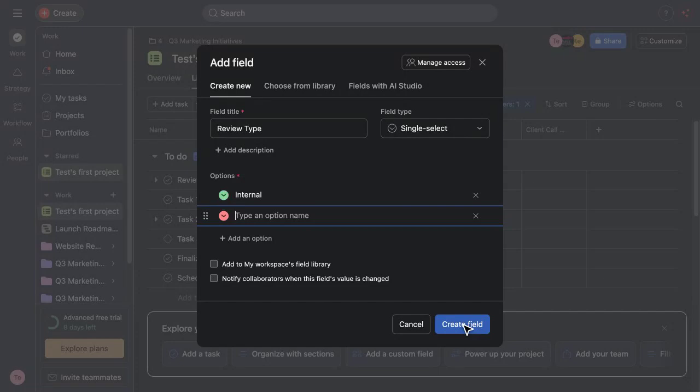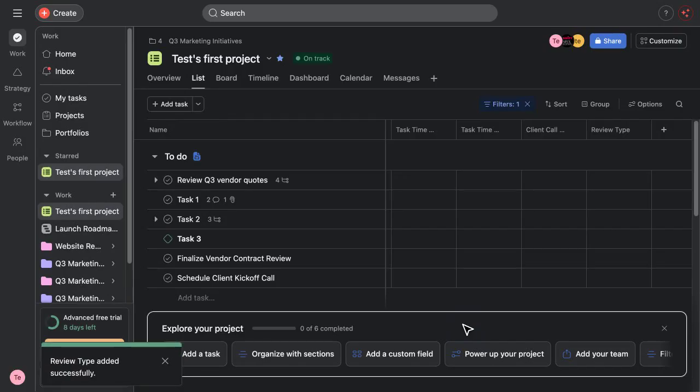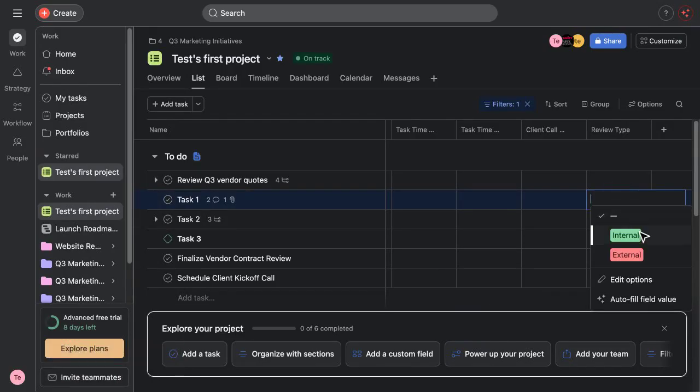With some values set, I'll click on Group to open the grouping panel. Then I'll click on Sections to change what we're grouping by. From this list, I'll click on Review Type, and just like that, my tasks reorganize themselves into clean internal and